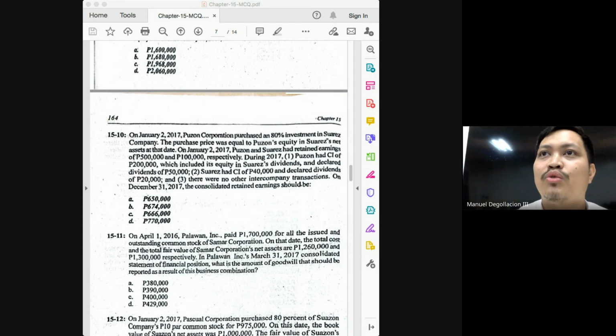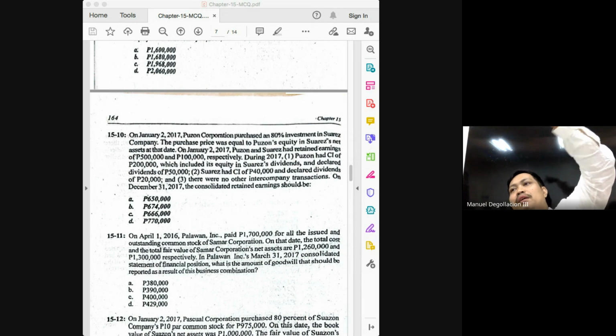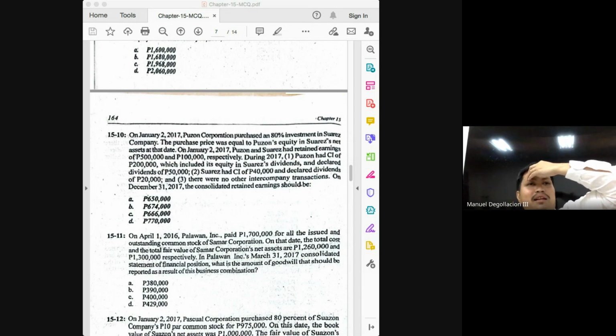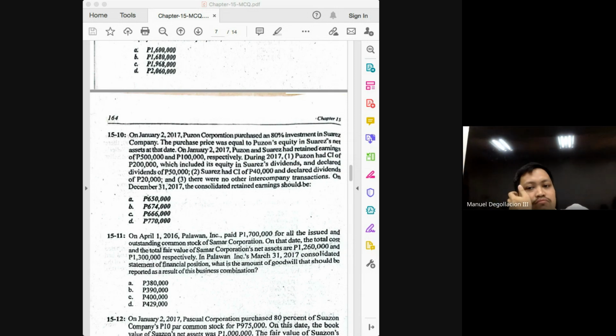80% of the 20. So basically the same, but the 20 that we were using then was the 20,000 declared by dividends declared by the subsidiary. It just so happens, class, now 40 minus 20 is also 20. For the difference between your RE, the 20 that we will be using would be the second 20,000. I hope you understand, class. Hopefully, we will encounter problems wherein it's not in the middle, class.